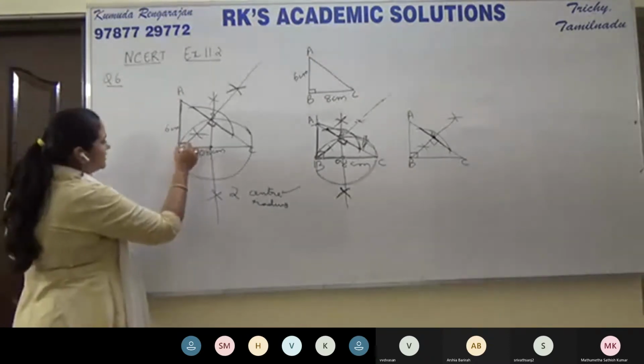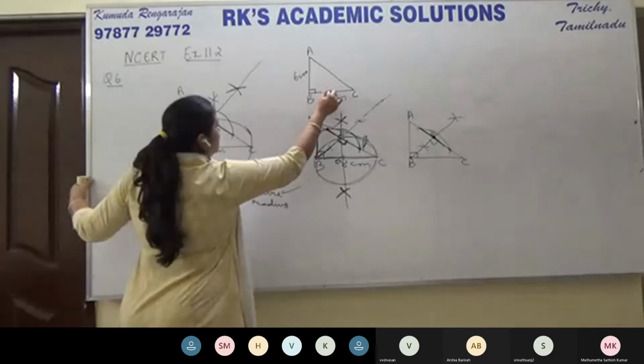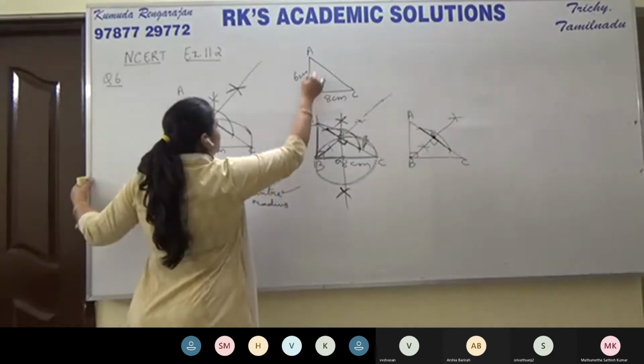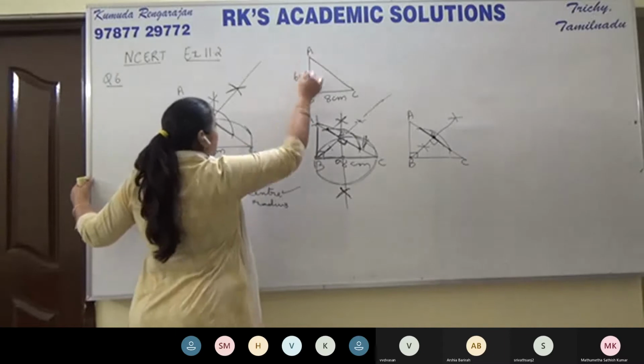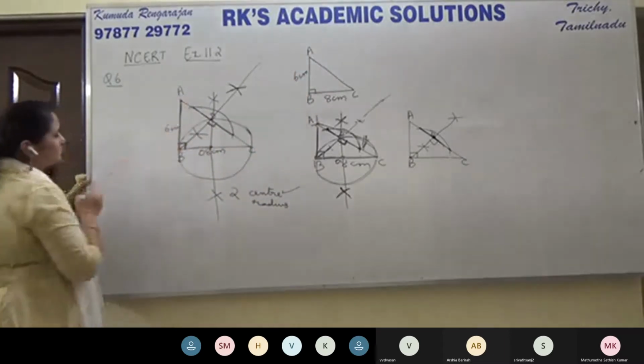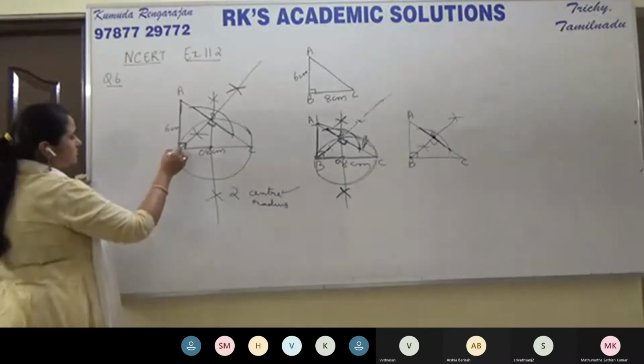And how do we know this is 90? Because it's a right triangle. We already have 90 degrees there. So this is the radius, and the radius makes 90 degrees with some line. That means that line should be the tangent. So AB is already a tangent from the point A to the circle.